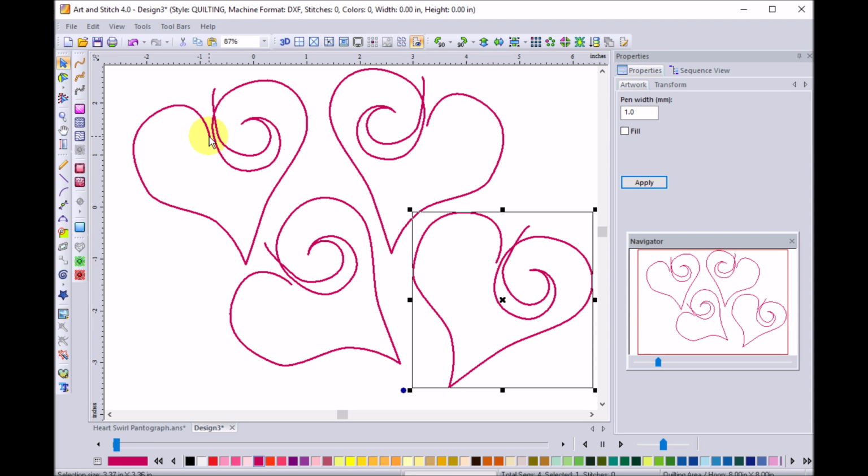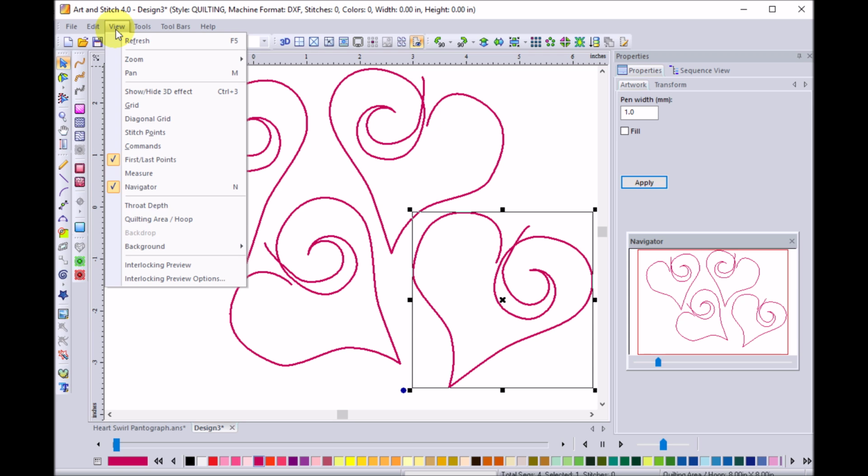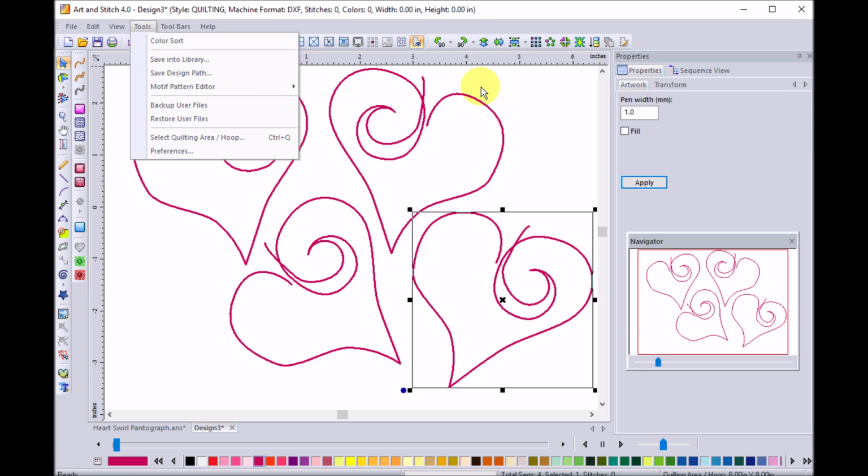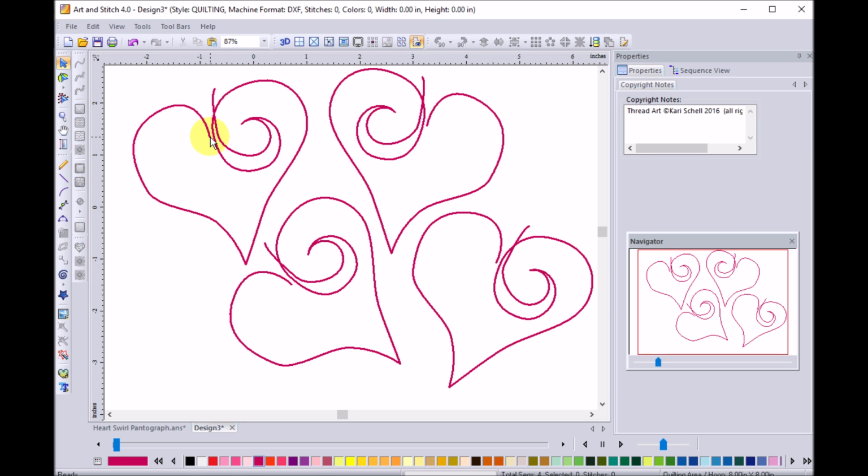I want to get some idea what my repeat is going to look like. So in order to do so, I'm going to go to the interlocking preview. But I also know I'm going to have an overlap, and I have to figure out the amount of the overlap, because when it's calculating the preview, it's going to start from the far left point. And I know that my starting point is actually going to be here. So I'm going to take my ruler and I'm just going to measure that distance. And if I go down to the bottom, I can see that the distance is